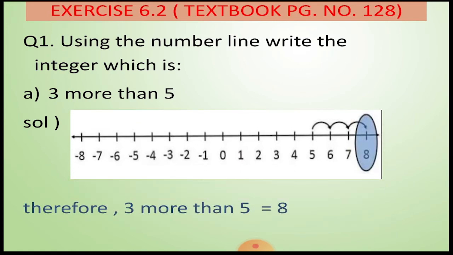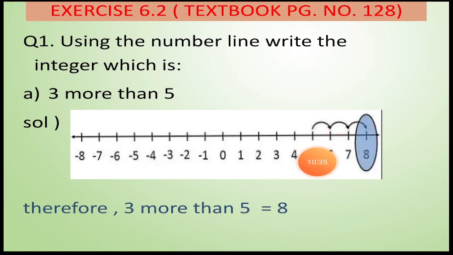So let's see here. First we'll draw a number line, okay children, and we'll mark all the positive integers towards the right direction and negative integers towards the left direction. Then seeing the question, 3 more than 5. So what number do we have after the words more than? It is 5. So from 0, first of all, we'll represent 5 on the number line, and from 5, what word is used here? If we use more than, that means we have to take forward steps, okay.